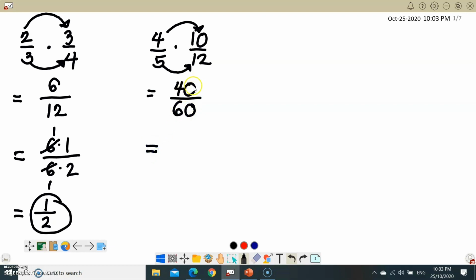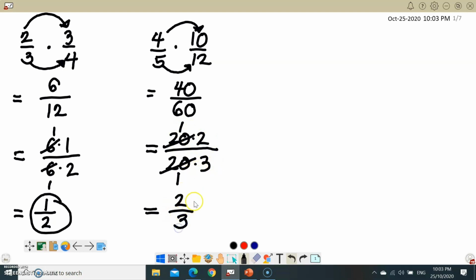We now have factors of 40, that is 20 multiplied by 2, over factors of 60, 20 multiplied by 3. So we cancel 20 and 20. Quotient is 1. Therefore, the product now will be 1 times 2 is equal to 2 over 1 times 3 is equal to 3, and we have